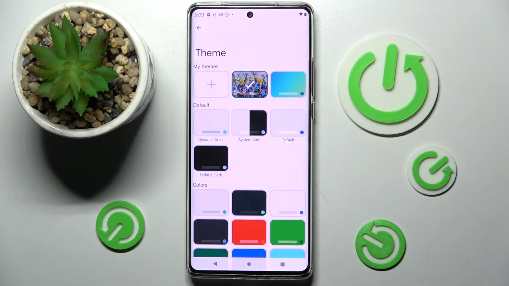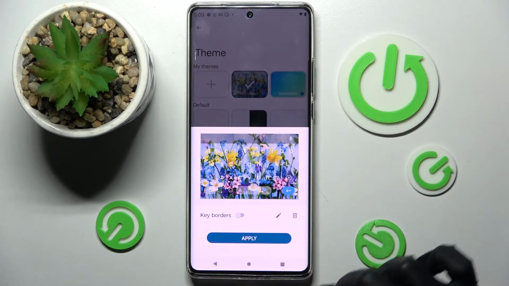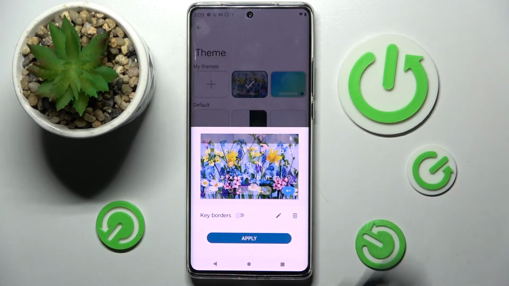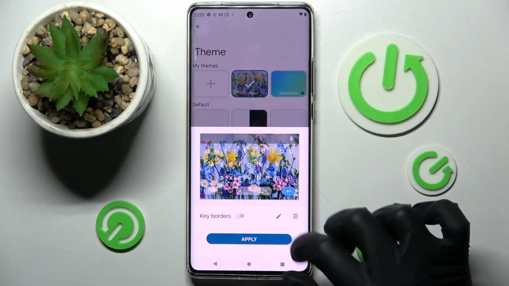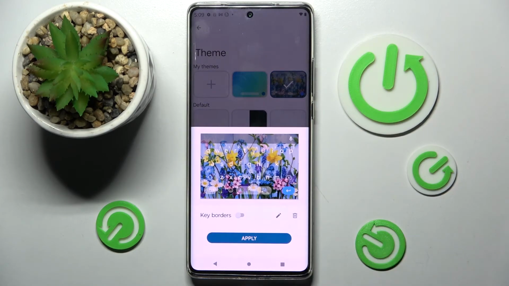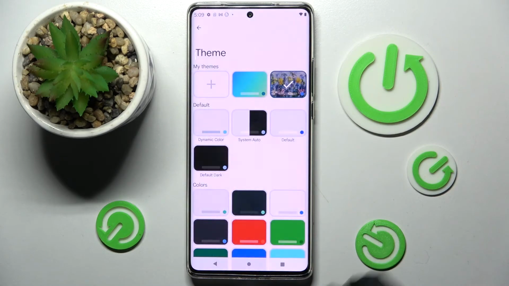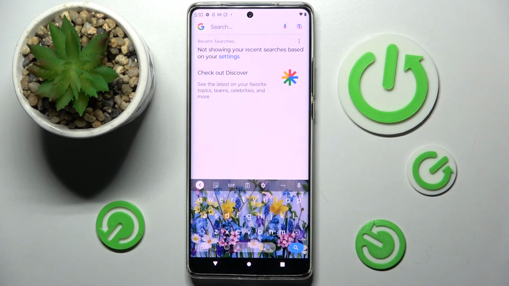If you wish to make some changes to your keyboard, you can click on it, tap on this pen icon next to Bin, and do whatever you wish to. Edit it however you want to. Then click on Apply, and when I go back, as you can see, theme of my keyboard was successfully customized